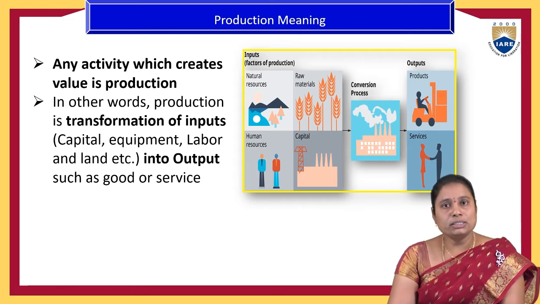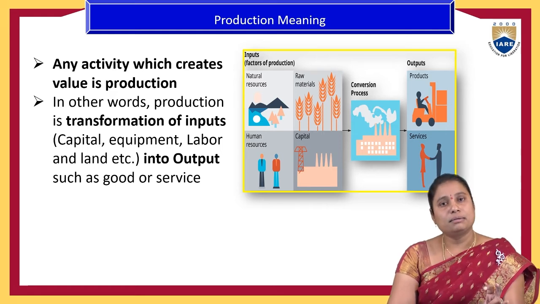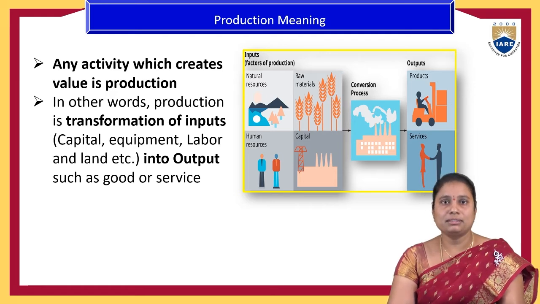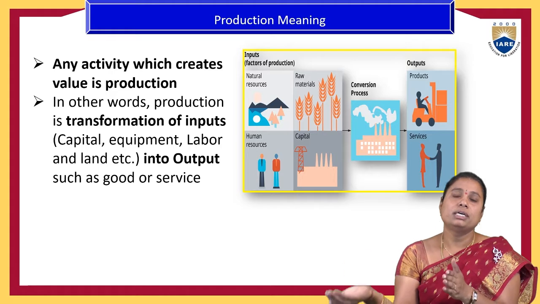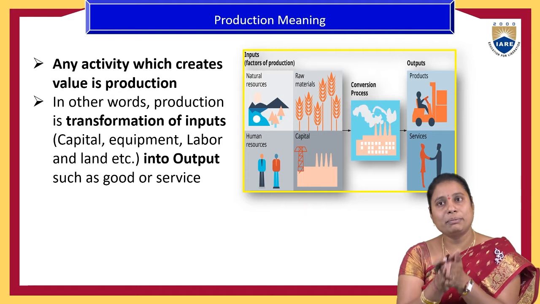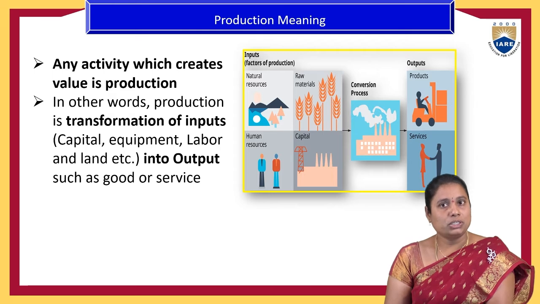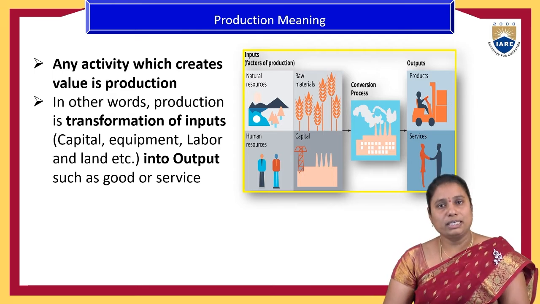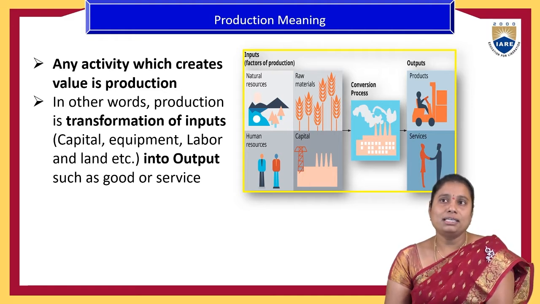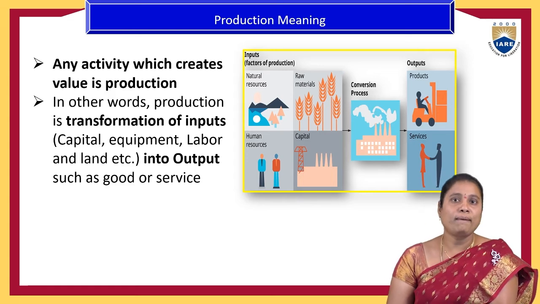Here, the natural resources we have, like land and raw materials, which we get naturally, as well as artificial elements, that is capital goods and other additional elements, as well as human resources like labor and employees, are all converted based on certain steps and procedures, and finally we are able to produce the goods. That activity is called production.